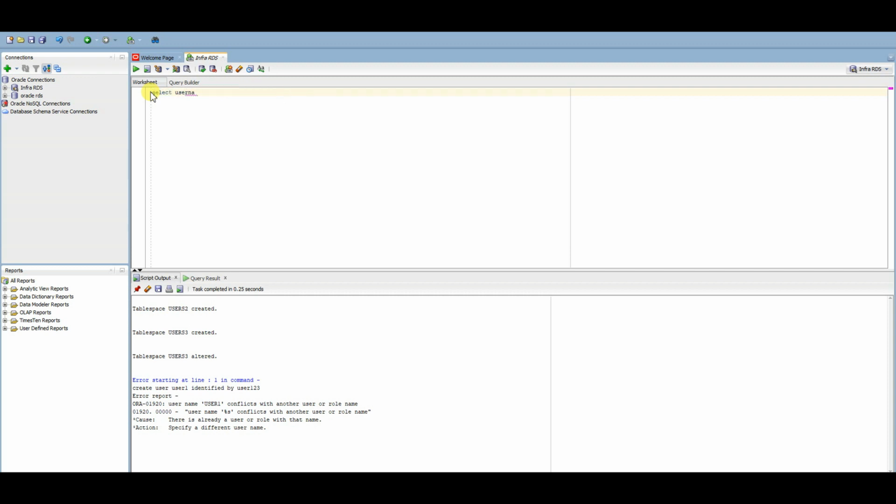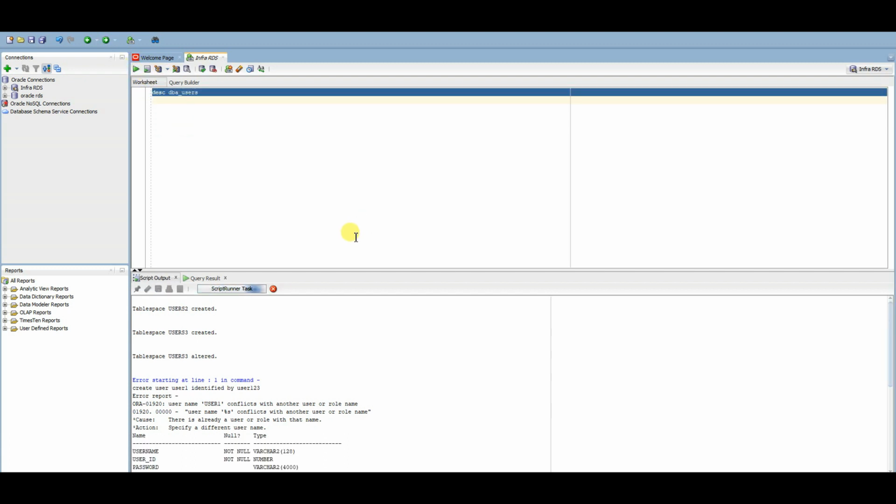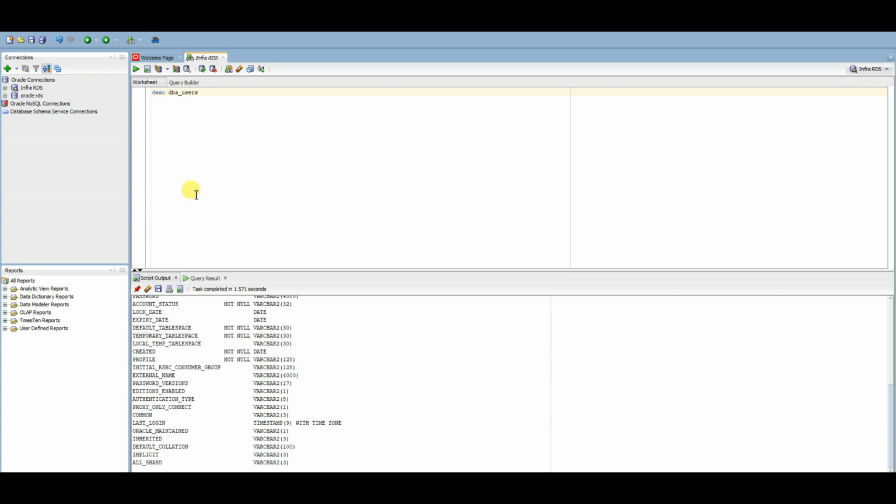Select username from DBA_USERS. Select username, default tablespace from DBA_USERS.